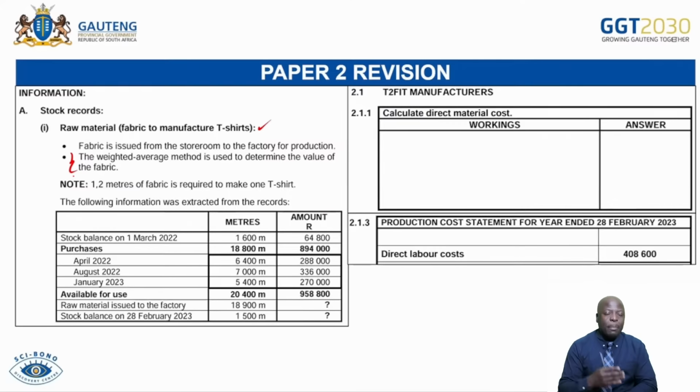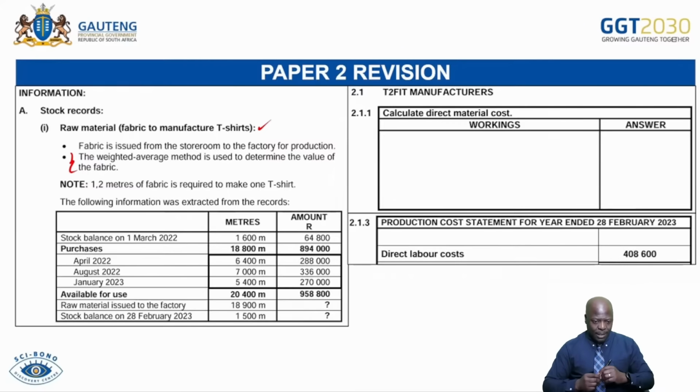Okay, so it is very possible as well that the examiner can fuse some of these topics, such as your inventory valuation, into cost accounting. Very, very possible, where you can find certain elements in your cash budget even that might relate to the cash flow, such as the proceeds from issue of shares. So you must not be limited in terms of your mind. I've seen certain papers where this has been done.